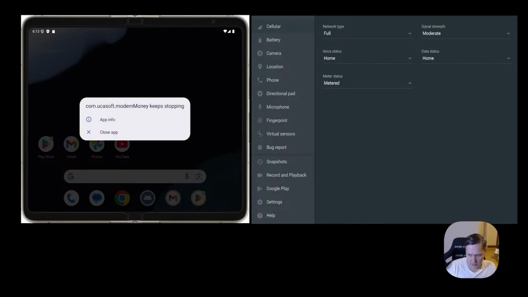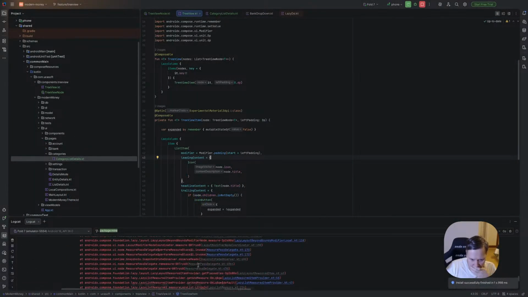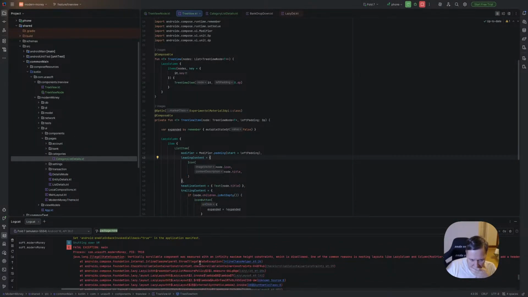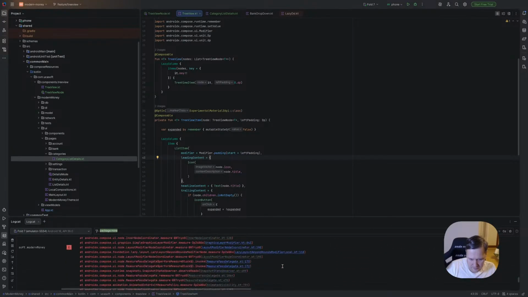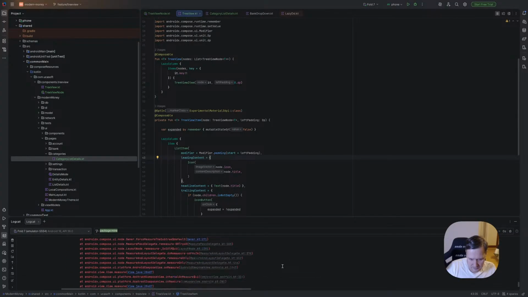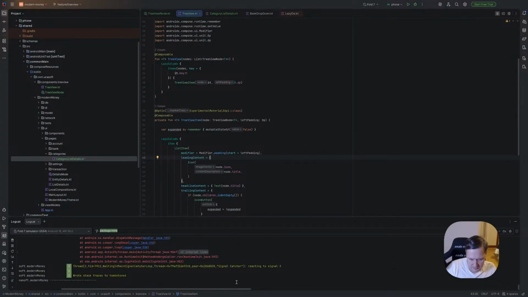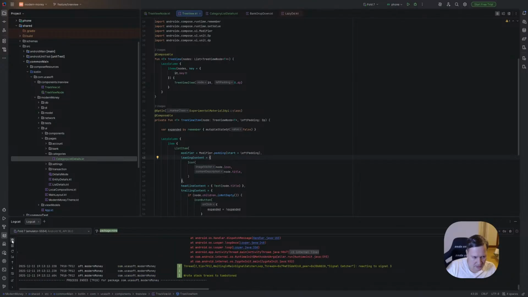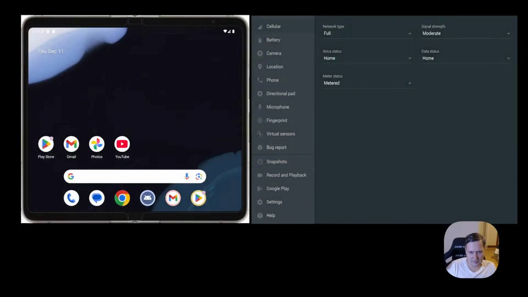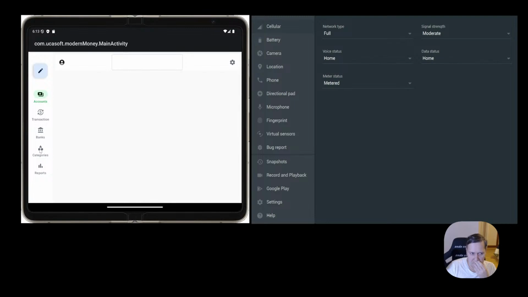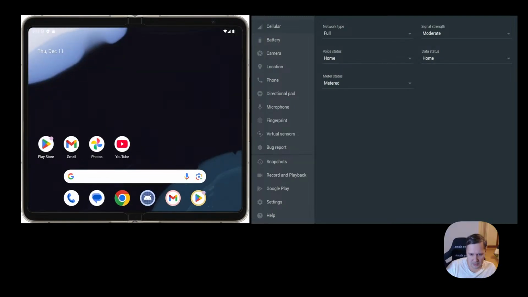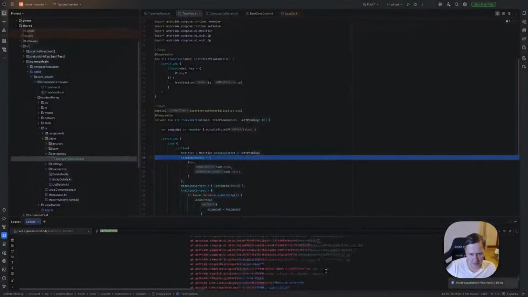So what is the problem? Vertical. So why? Previously it failed at least when we opened it. Okay, so it already tried to put this category as LazyColumn.